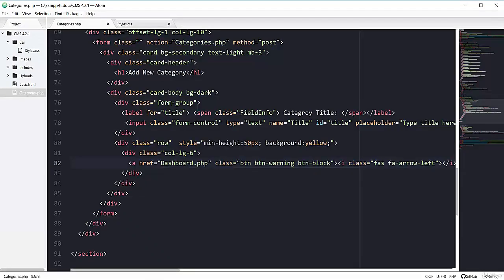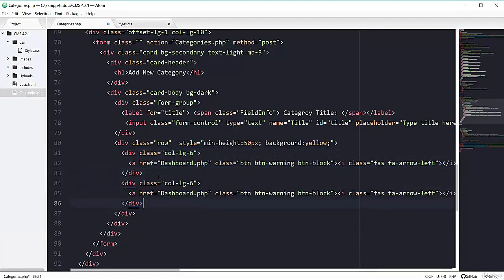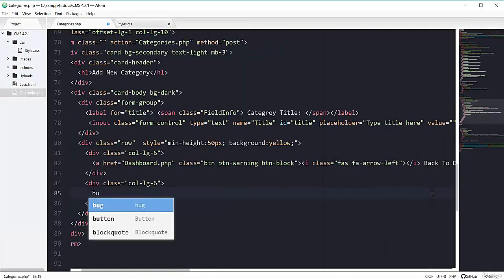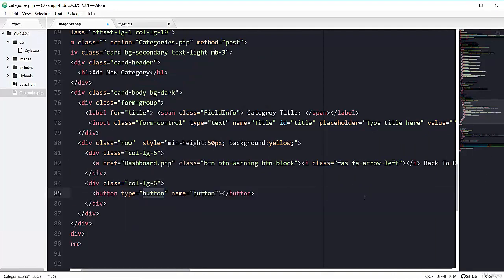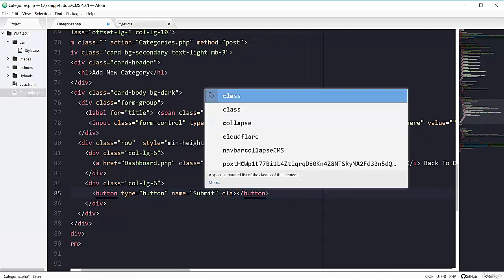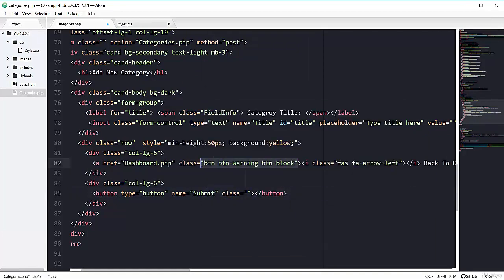And similarly, let's also add one more div which will have one button. So instead of the anchor tag, this time we will have one button. Its type would be submit, and it will have class of btn-block and btn-success for green color.